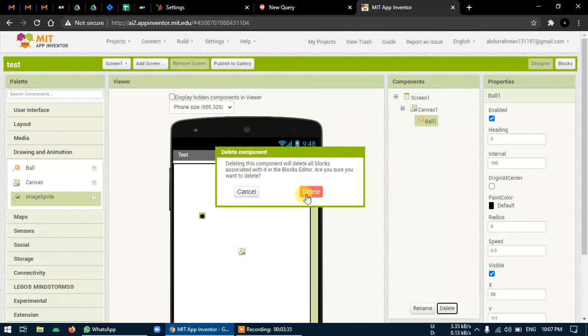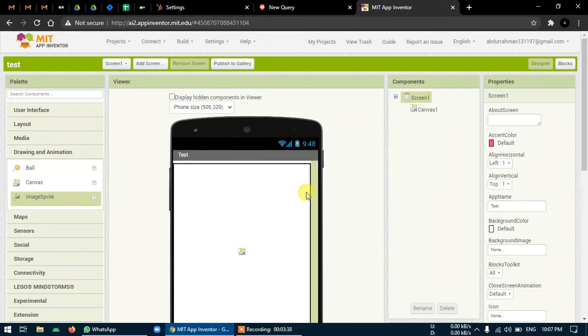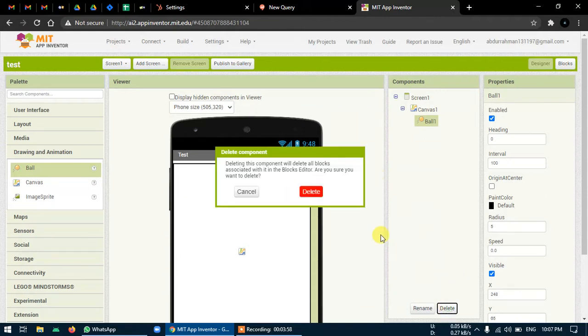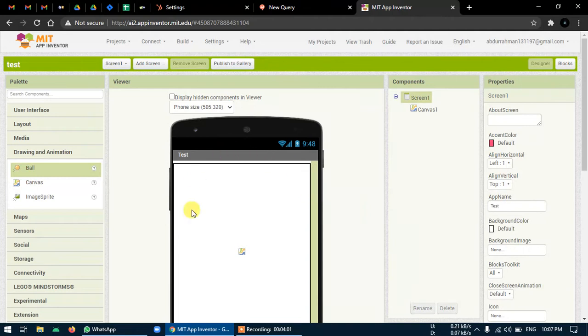What are the components and what are the properties for this particular canvas component? So as I told, this canvas is used as a free tool. That means you can do anything on this. Like if you have anything, suppose a ball, you can move it anywhere. You can see, you can even move these things when the app is running. For that you need to code. But I'm not going to code for that ball right now, because I'll be making a simple paint app. So canvas is again the core component for the painting.